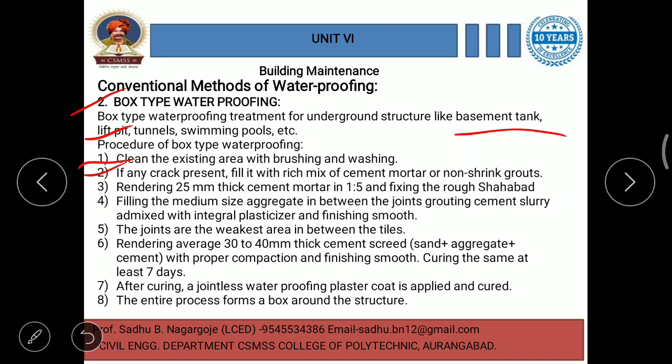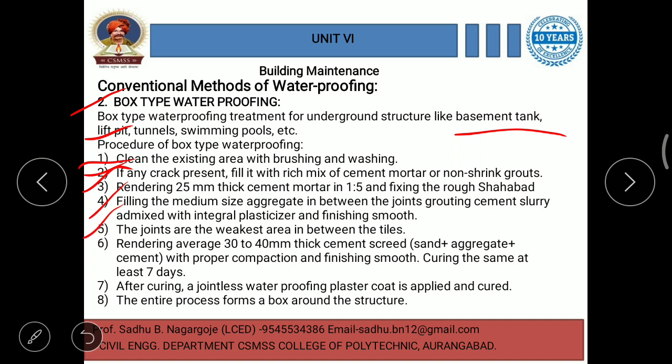If any crack is present, fill it with a rich mix of cement mortar or non-shrink grouts. Then rendering of 25 mm thick cement mortar in 1:5 and fixing the rough shahabad is necessary. Filling medium size aggregate in between the joints, grouting cement slurry, hard mix with integral plasticizer and finishing smooth.